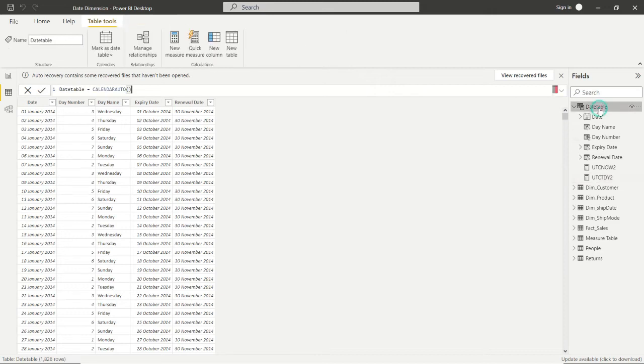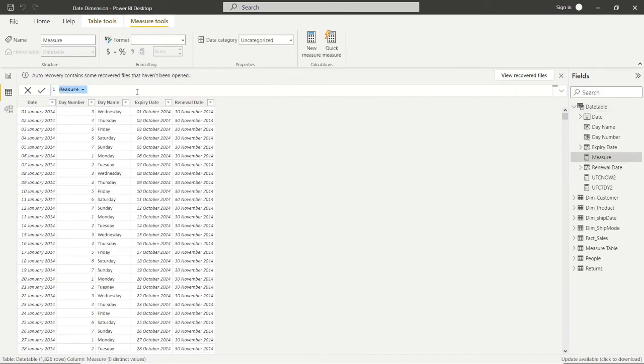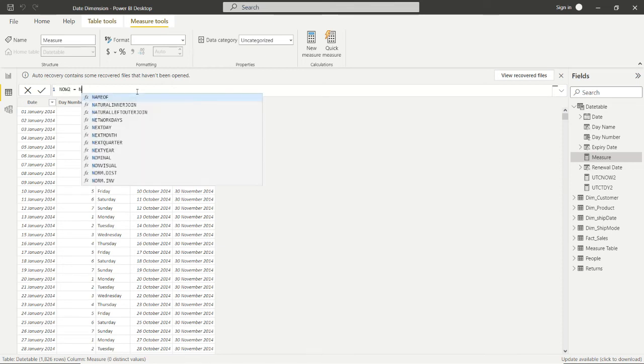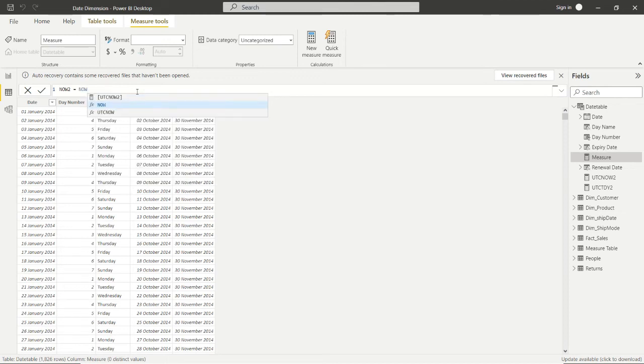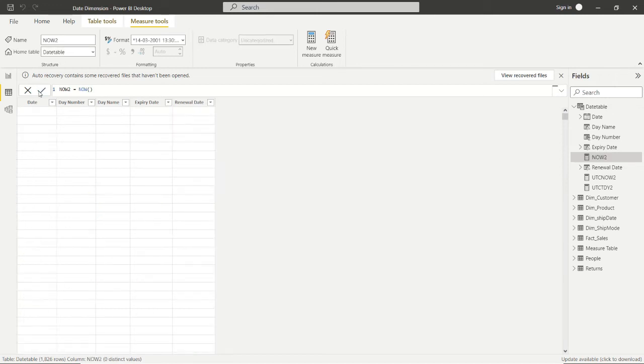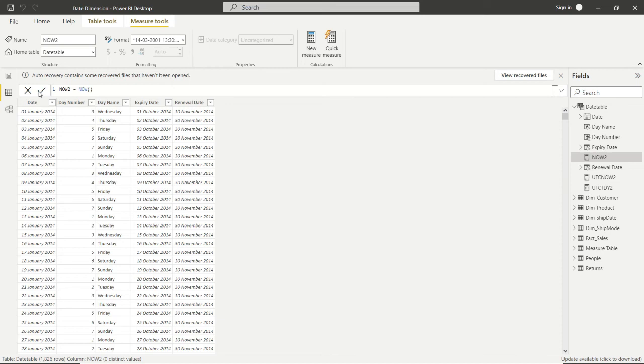So we'll create two more measures. Now equal to NOW. And next is the TODAY function.